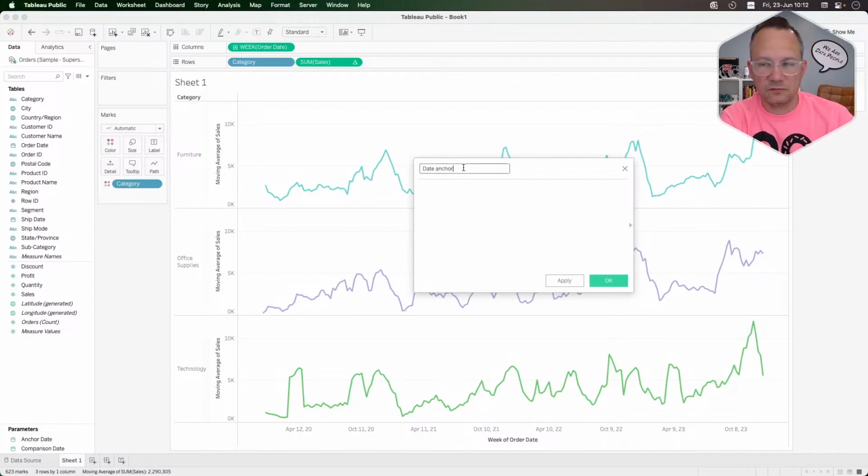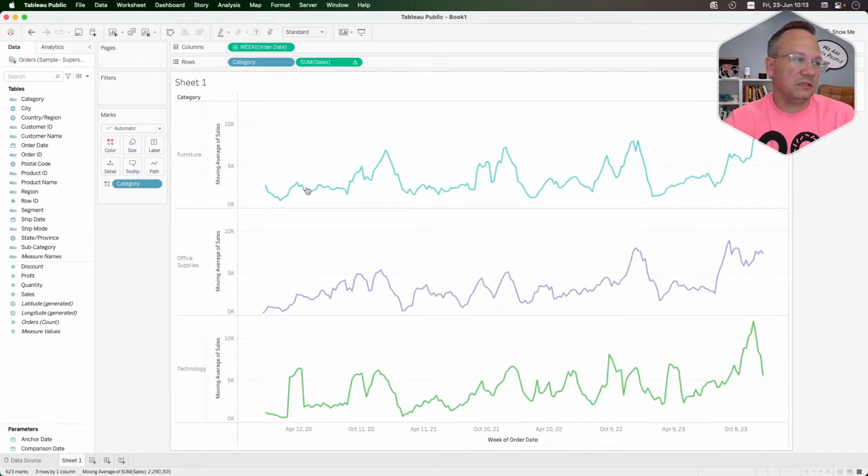I know it's weird that I'm flipping it around, but date anchor. And this will just be the anchor date. Actually, I may not need to do that. Let's see. If I put both of these on detail right now,